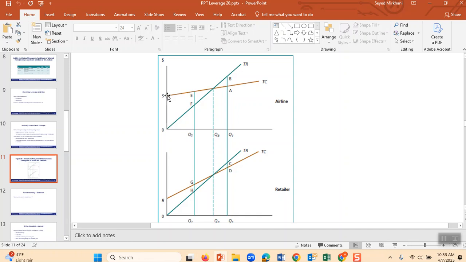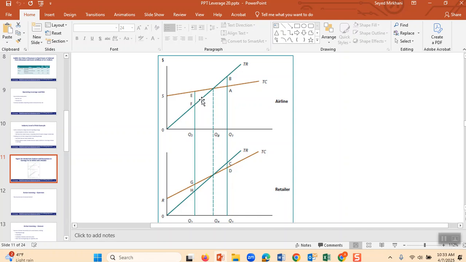And it is more like a horizontal line, going up just a little bit. Above Q2, it's written E and F. The distance between E and F is huge. That means before the airline gets to its break-even point, it is losing hugely.